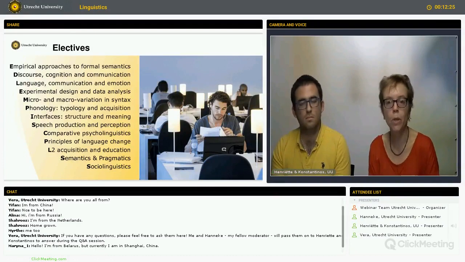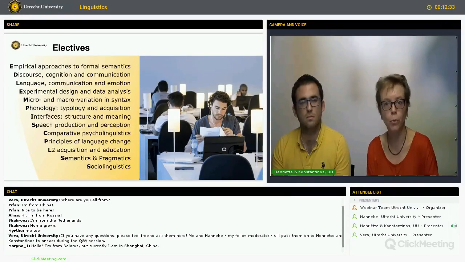So you see psycholinguistics, you see language acquisition, but we also prepare you for doing experimental research. There are quite a few students who want to go into the lab. So there's also a course on experimental design and data analysis. So the variety of courses is chosen in such a way that you can use the second semester to zoom in on the sub-disciplines of your choice.